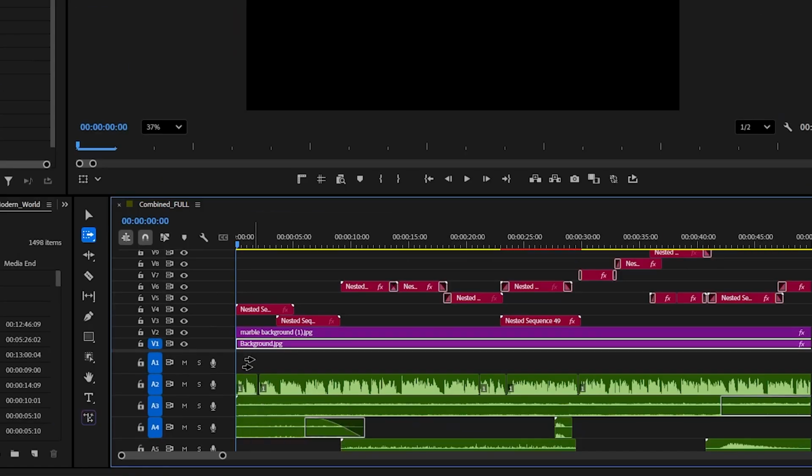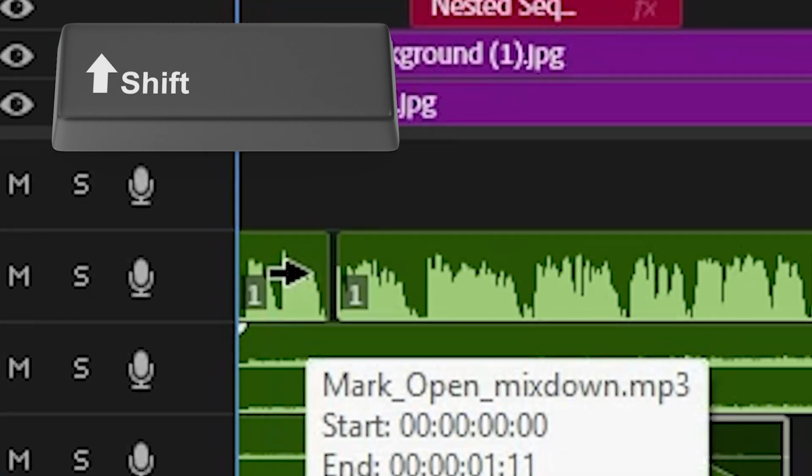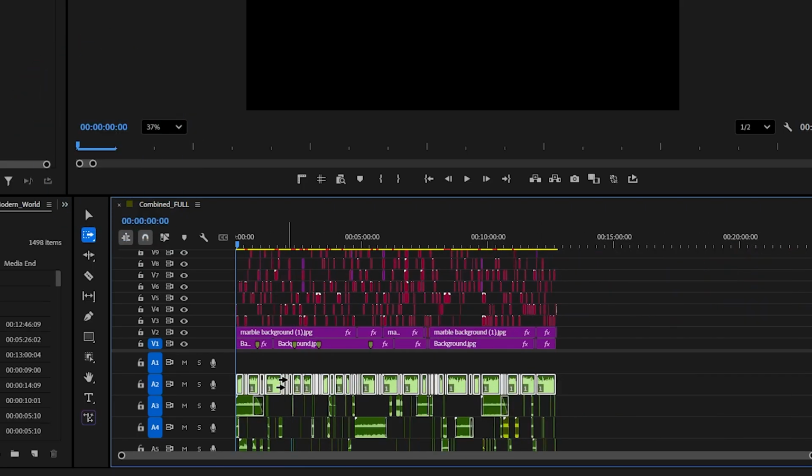So I'm going to make sure my background here is deselected. So I'm just hitting escape. So nothing is selected. And then I'm hovering over the first clip in the track I want to select, holding down shift, getting the single arrow, and then left clicking my mouse. And as easy as that, if I zoom out of my timeline, I'll see that whole track is selected